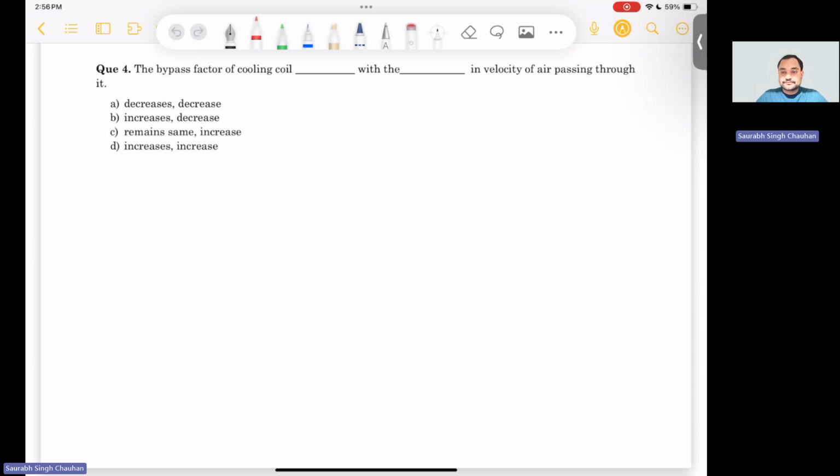So question 4. It is saying the bypass factor of cooling coil blank space with blank space in the velocity of air passing through it. So there are a few options: decrease, increase, increase, decrease, remain same, and something. So it is saying if you change the velocity of air passing through the coil, then what will be its impact on bypass factor of cooling coil? To answer this question, you should know what is bypass factor, right? So you know that